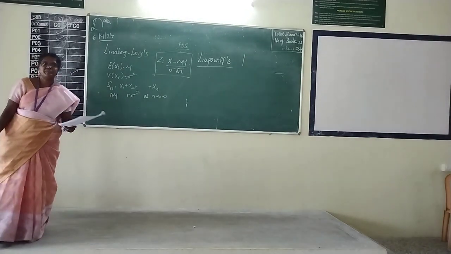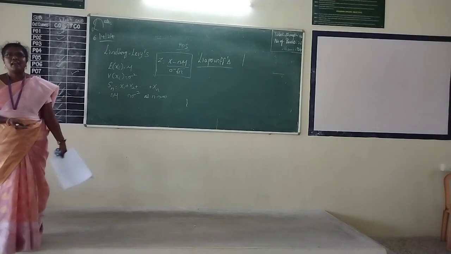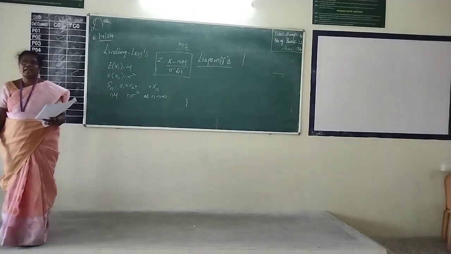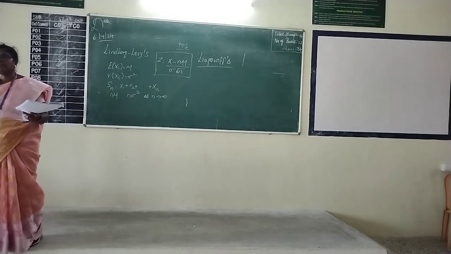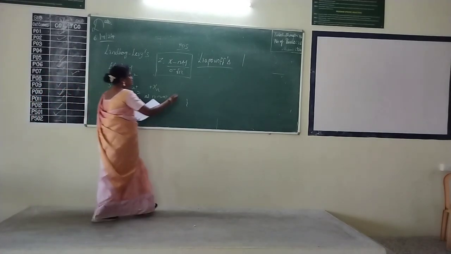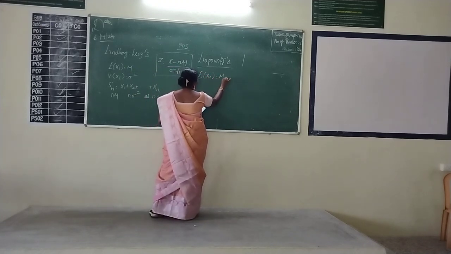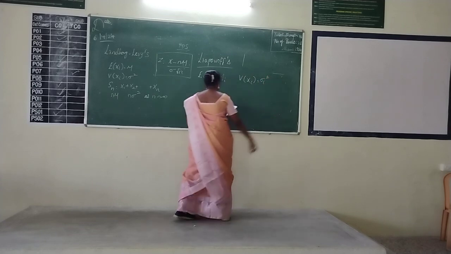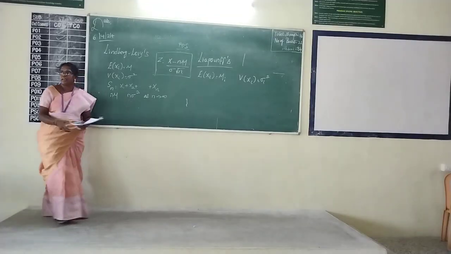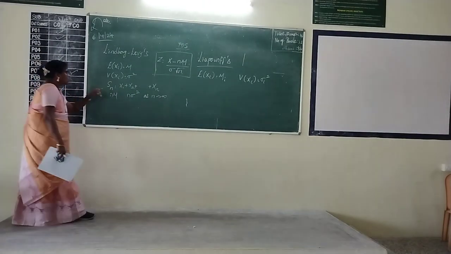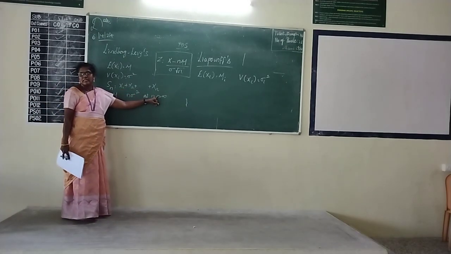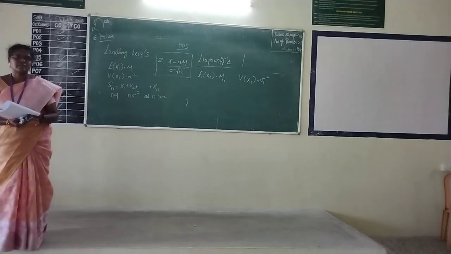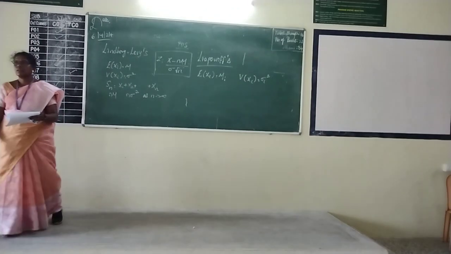If x1, x2, etc. be a sequence of independent random variables with expectation of xi equal to mu i and variance of xi equal to sigma i square, and if Sn is equal to x1 plus x2 plus etc. plus xn, then under certain conditions, Sn follows